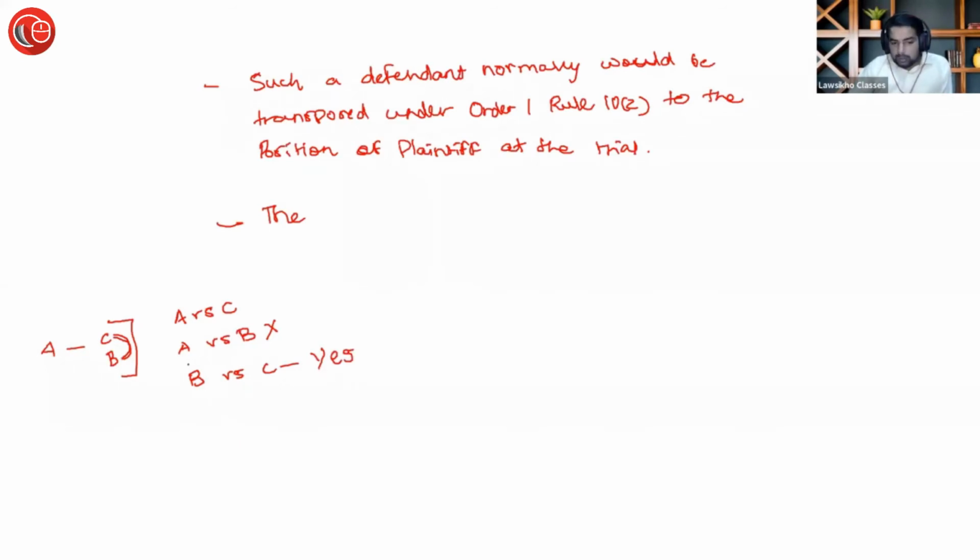So your suit will not be A versus B, because there is no conflict of interest between A and B. The conflict of interest is between C and B. It is also between A and C, but not between A and B. So you can say that the said suit will be contested. It will be contested between A versus C and B versus C. It won't be contested A versus B. ऐसे contest नहीं होगा. ठीक है. अब देखो ये है, ये सूट है, A है, ये C है और ये B है. B is the pro forma.